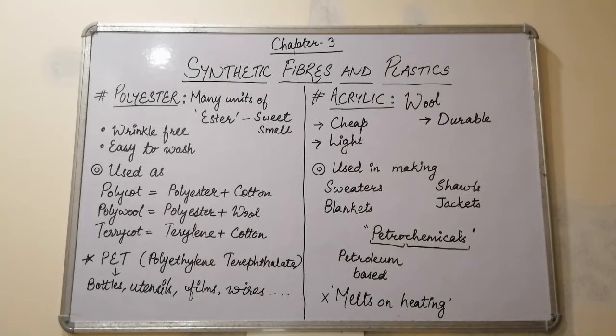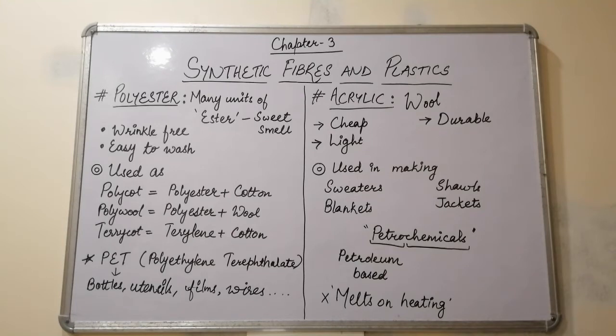So it is cheaper as compared to wool, where we have to rear and breed the animals to get the wool. Then it is light in weight, even lighter than wool. Also, it is durable. What do you mean by this term durable? Durable means it can be used for long durations. So it has that durability property, or it is durable. Now, due to all these characteristics, acrylic is most preferably used in comparison with the wool fiber.